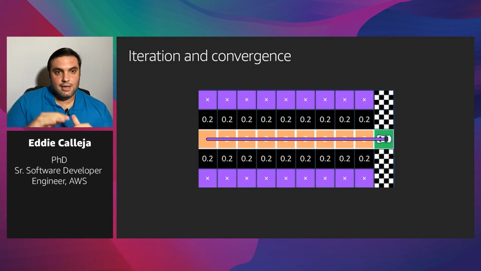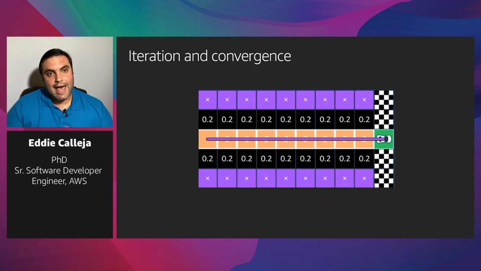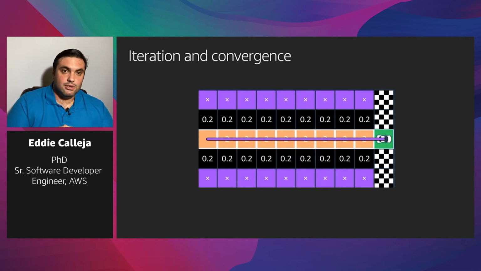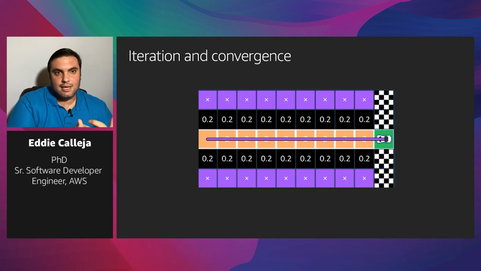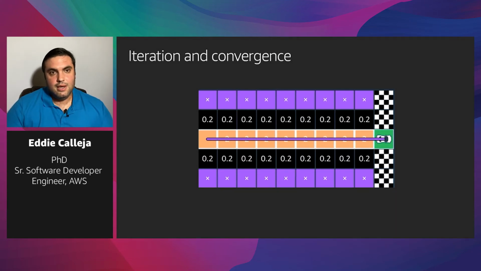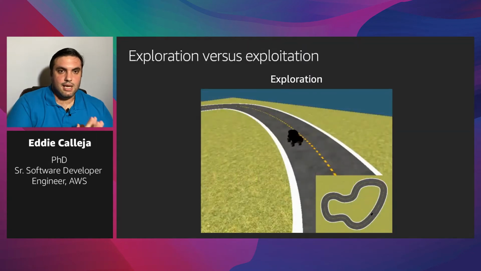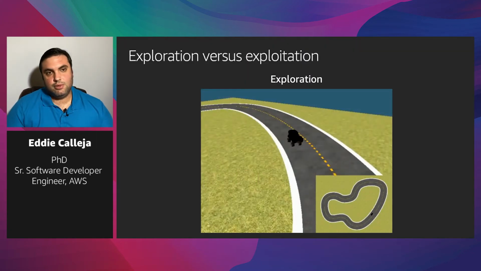But we can't explore forever, as it turns out. If we explore forever, we never find that straight line path, which is what we really want here. So at some point, we need to start looking at our policy, or model, depending on how you want to call it, and asking, have we learned anything? I'm going to talk more about that in just a second, which is getting into this exploration exploitation.